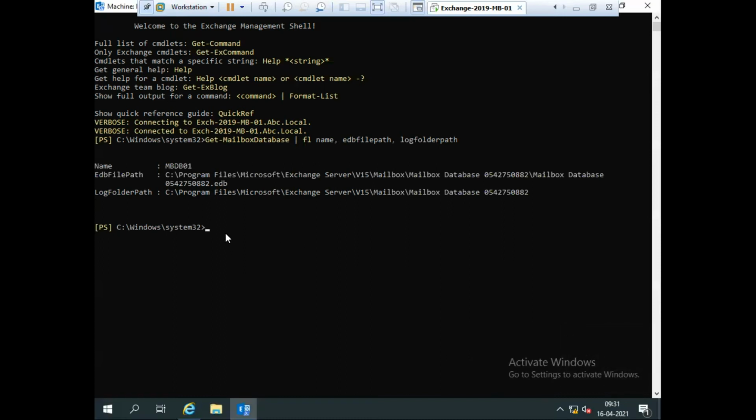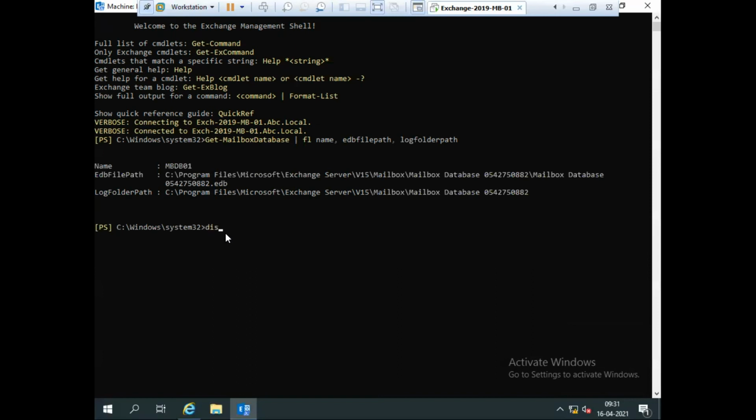Now if I need to move my database file, before that I need to dismount my database first. Always remember that when we need to move the database file, or if you want to move the log files of the database, we need to first dismount the database.